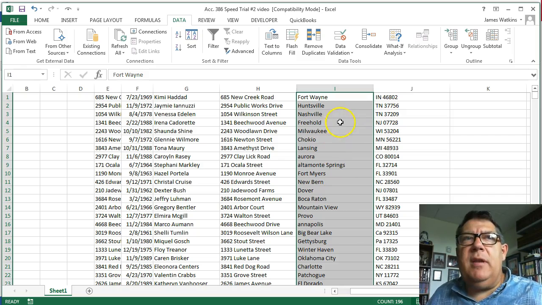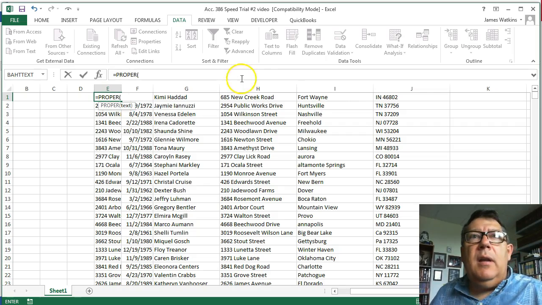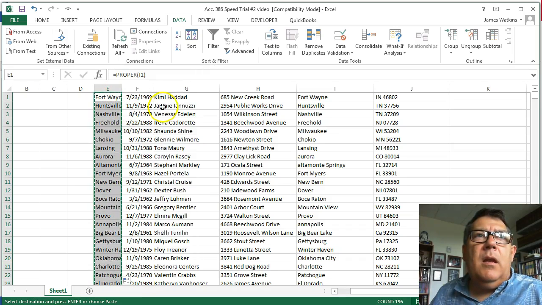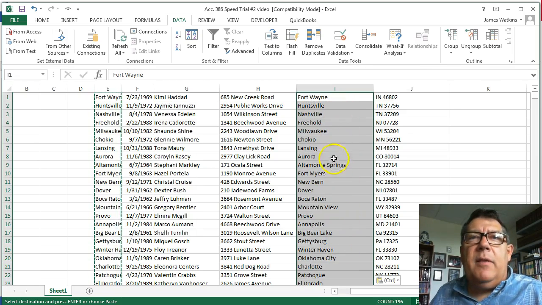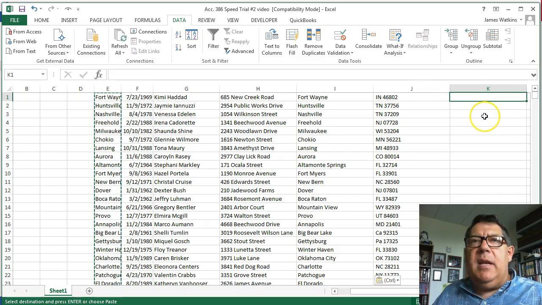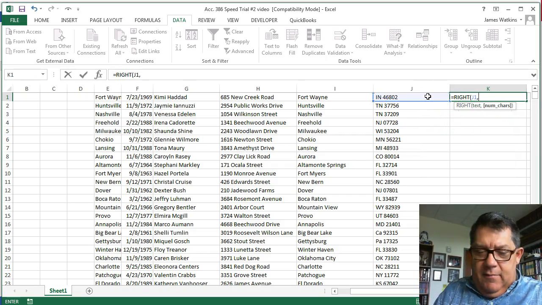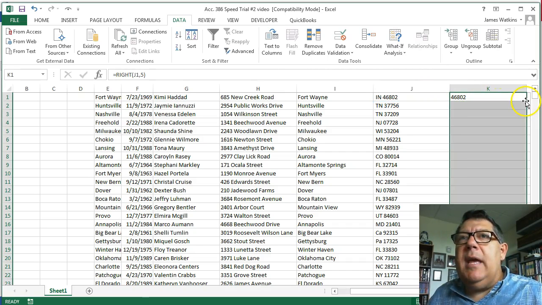Now that the cities are separate, I can do them with the proper command. So I'll do proper, copy, autofill it down, copy the data, paste special. Alright, so I've got those correct. Now I need to split up my zip codes, but those are easily split. I don't need text to columns here. I can just say, starting at the right hand side of this cell, give me 5 characters, and that'll strip the zip off. So I'll copy that down,